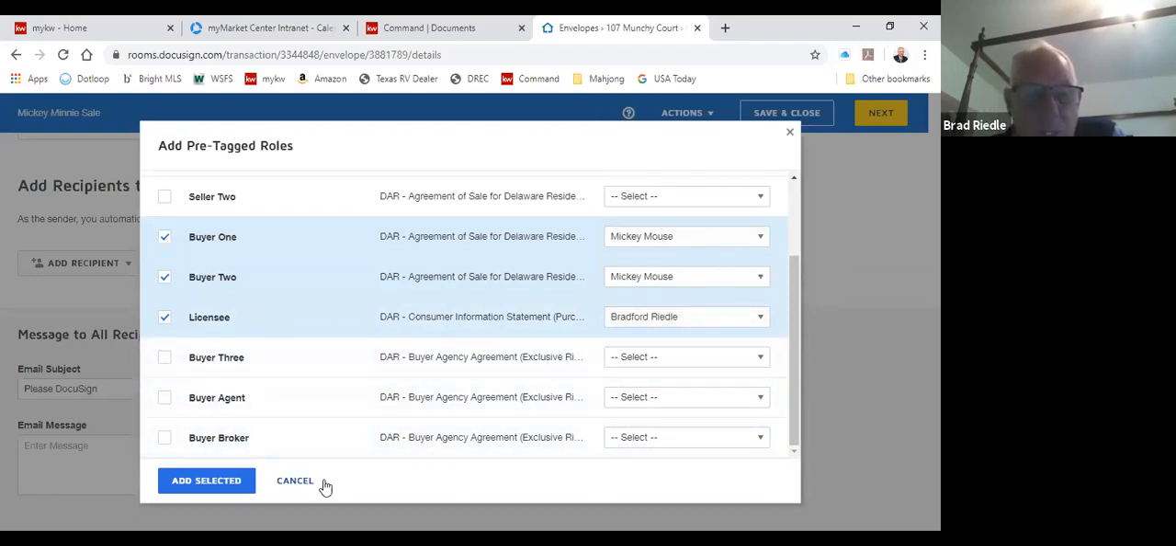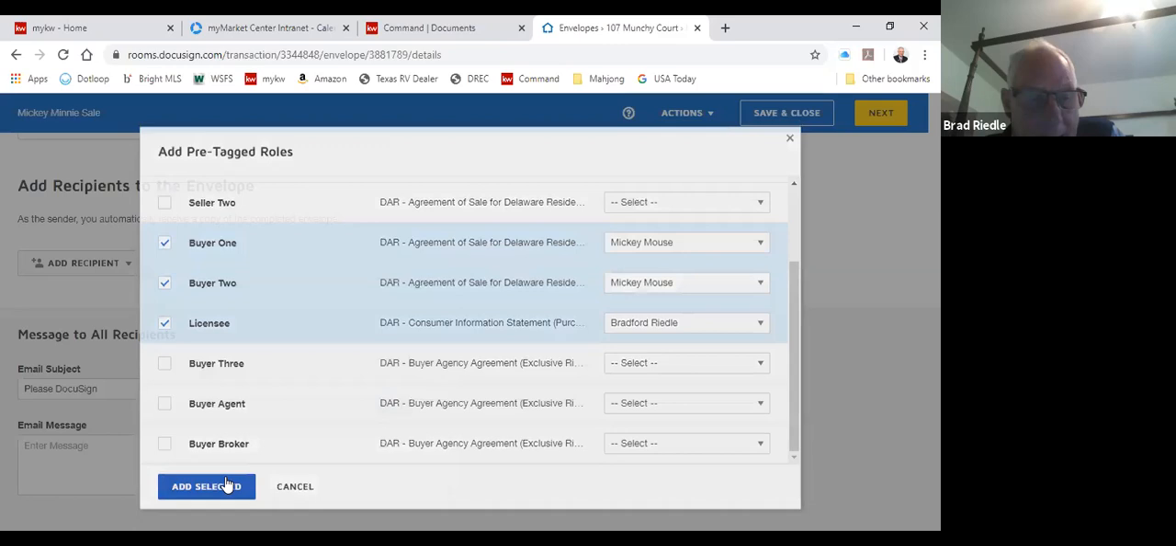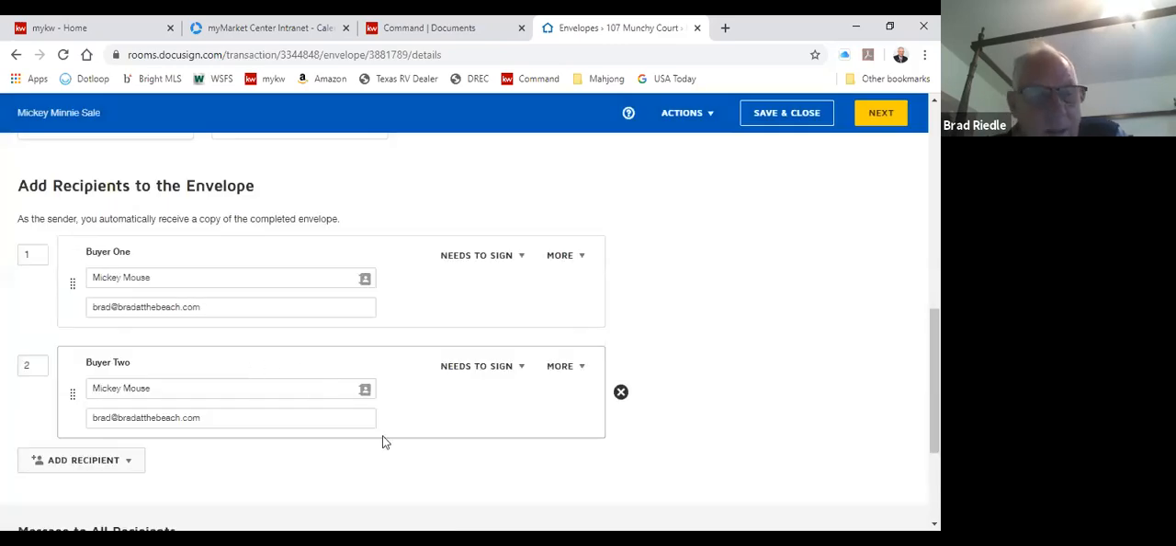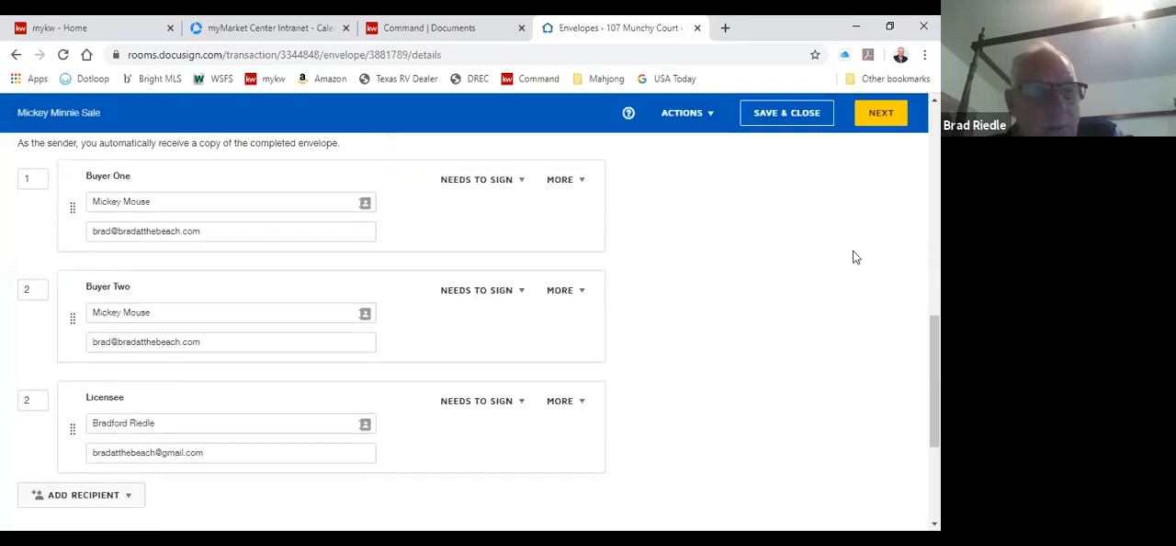All right, so those are the only people that we need to put in the transaction to send for signatures. So we hit add selected. And the three buyers are going to show up here. Well, this is new. Okay, normally the way this will open up,